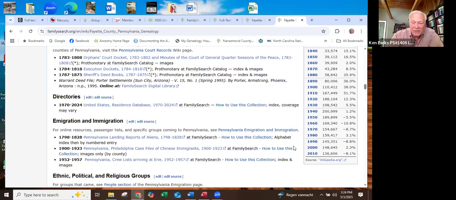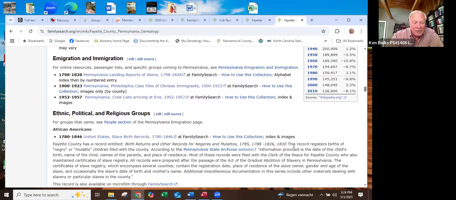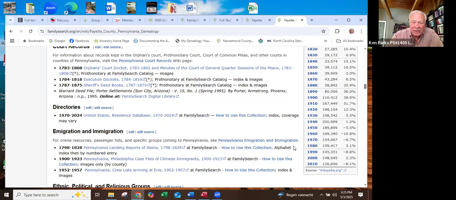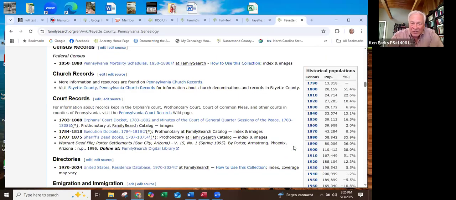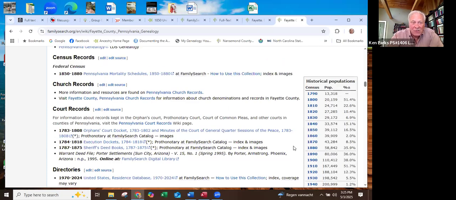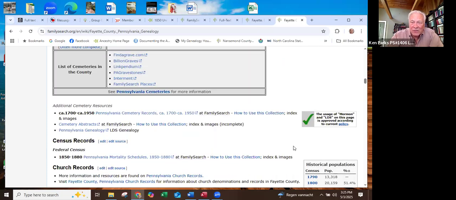But basically what these pages give you is just about any information you want to know about that county and what kind of records are available and how to access them, what time period they cover, all of that sort of thing. And so it's just